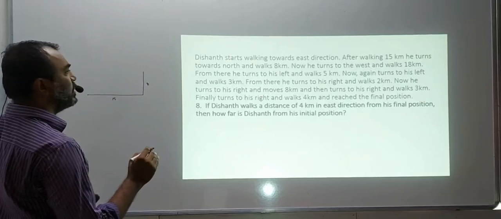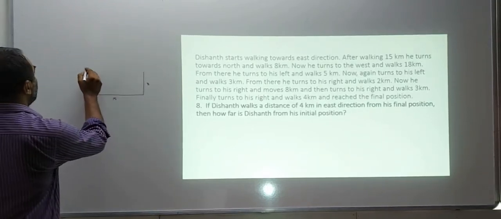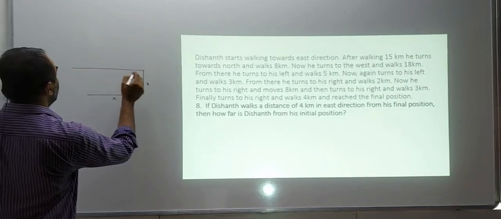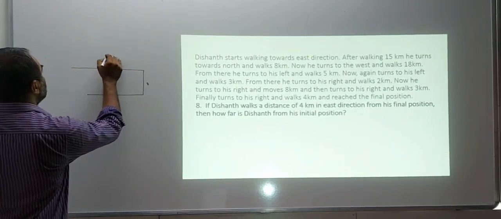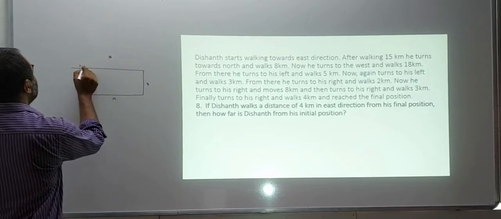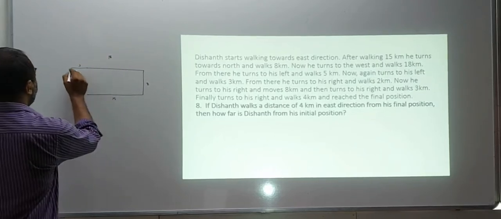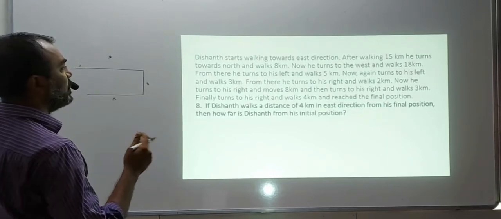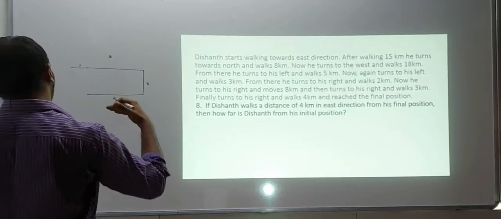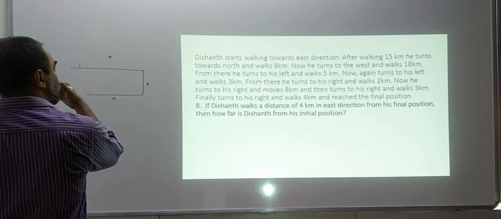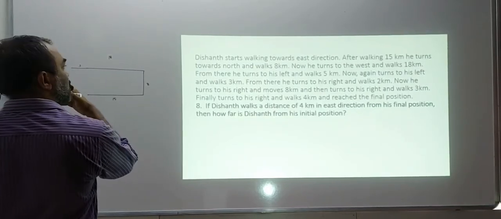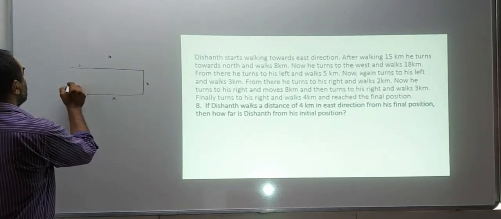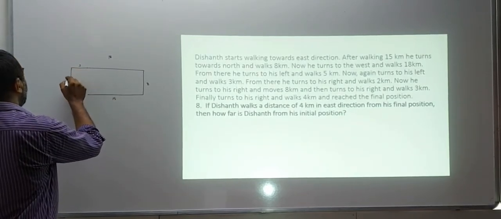He turns west and walks 18 kilometers. So here the 15 will end, so 3 more we can say will be the 18. So this is 18, so this is an extra of 3 from this point, because 15 and 3, 18. Now he turns to his left. Now they have given left. So when you walk towards the west, what is your left side? The left side is the south. And he walks 5 kilometers. Now this is 8, so approximately 5 will be.